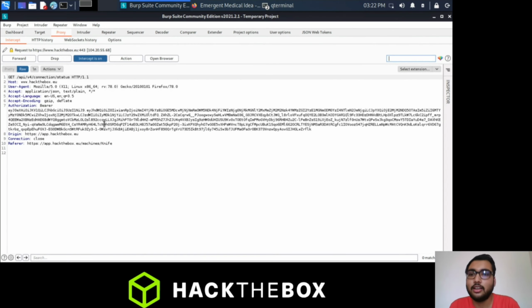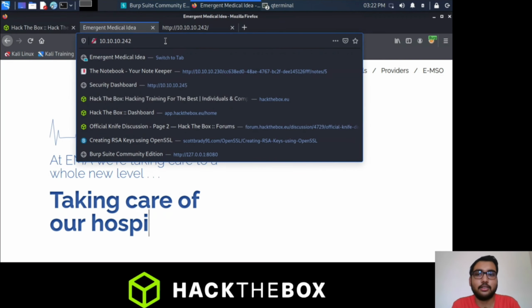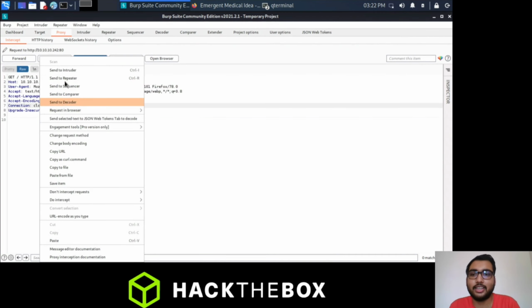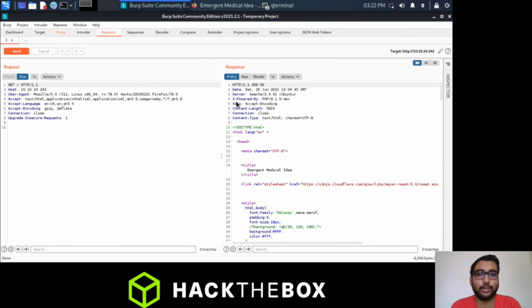Now we can see that our request is going to this server, and we can send this to Repeater and send this request again. Let's check which server is running in the backend. We can see that the server is Apache and powered by PHP 8.1.0-dev, which is a developer version.